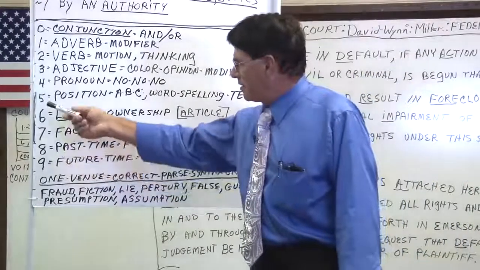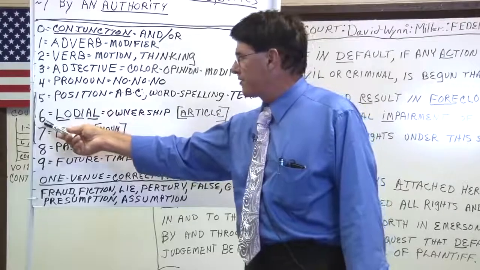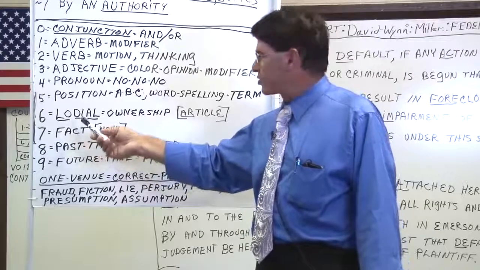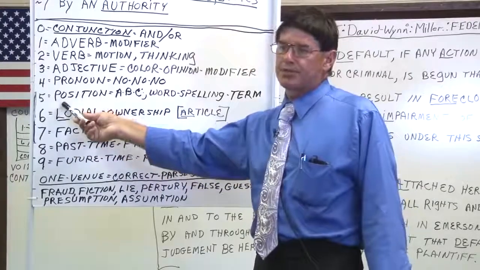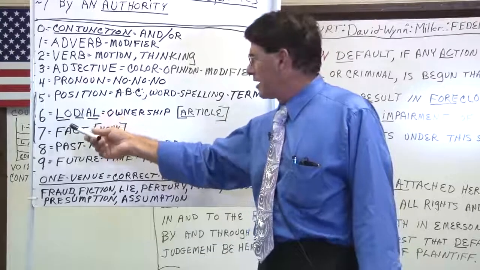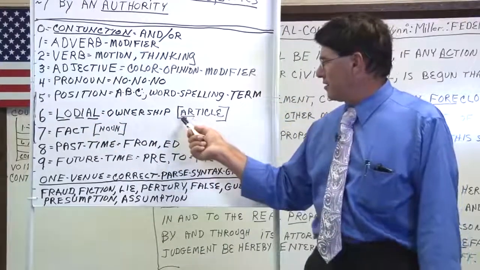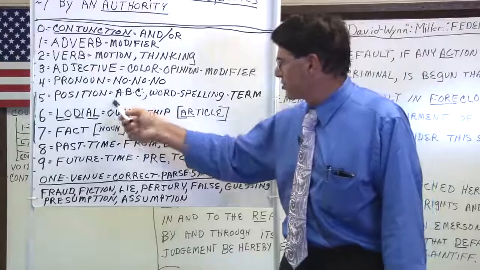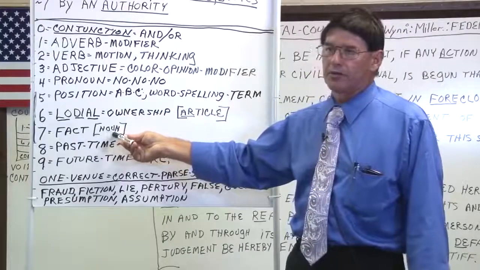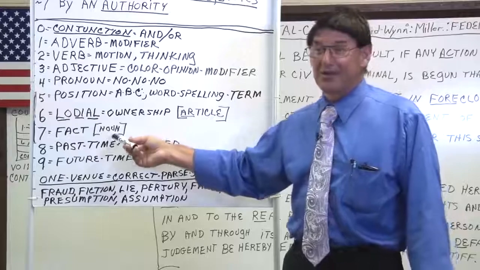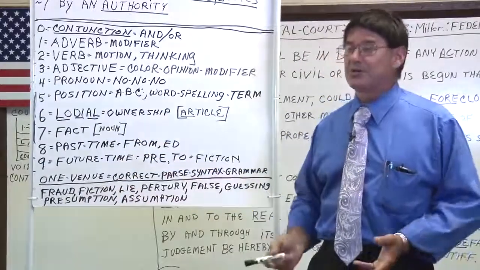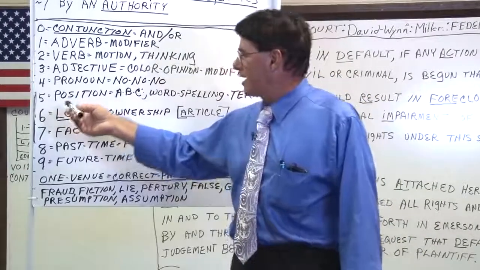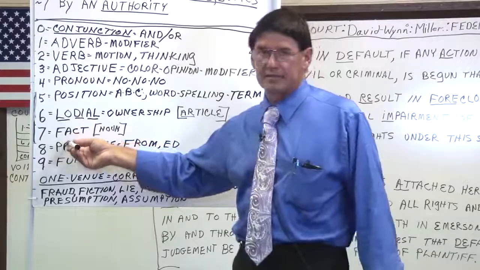Now, number 8, the 5 of a position always comes in front of a 6, which always comes in front of a 7, which is a fact. Now, when we went to school, they taught us to use a preposition, pre meaning no position, an article, which is spelled A-R-T, which is a vowel and 2 consonants, which means no contract. So if you had no position and no contract, you'd have a noun, N-O-U-N, which is no-no. Now, if you have a no-no, you have nothing. So they lied to us when they went to school. So we had to create a new paradigm of communications called the position lodial fact.